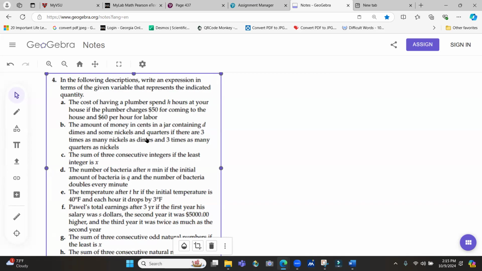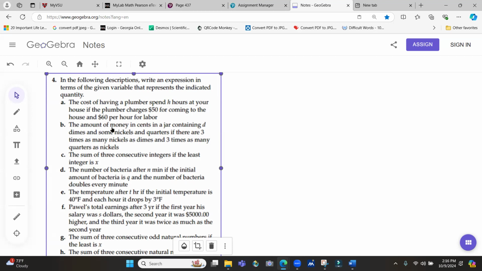Read it very carefully. The plumber is going to charge $60 per hour. If you make her work 1 hour, you'll be paying $60. If 2 hours, 120. $50 is the charge